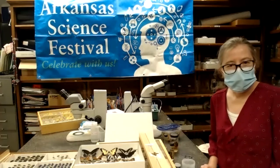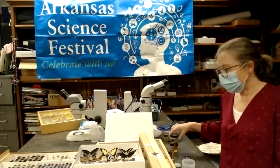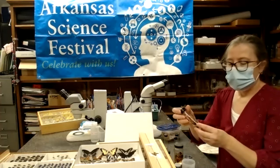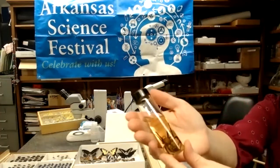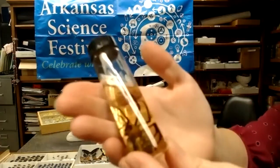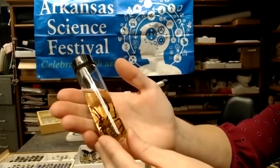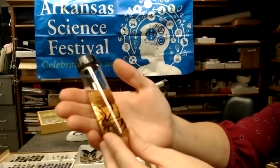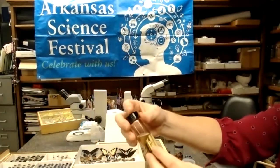If you're interested in collecting things that have soft bodies, such as spiders, these are not insects. However, they should be preserved in alcohol. So here we have a really beautiful garden spider. Let me show you here. These are very common in the fall. So actually, in September, October, you might see these in your backyard. So this one was collected